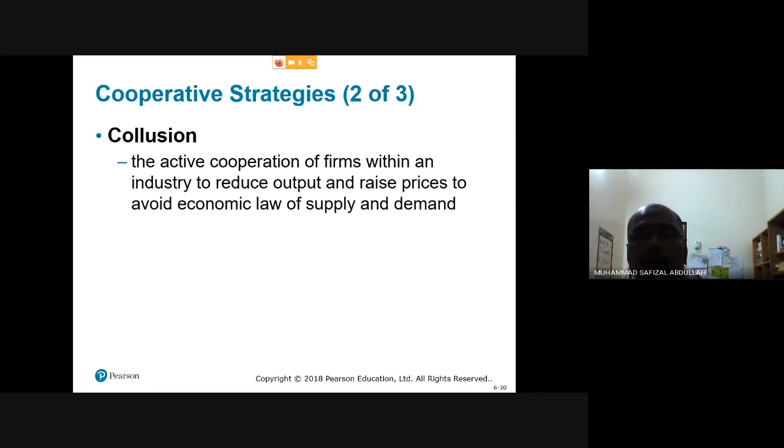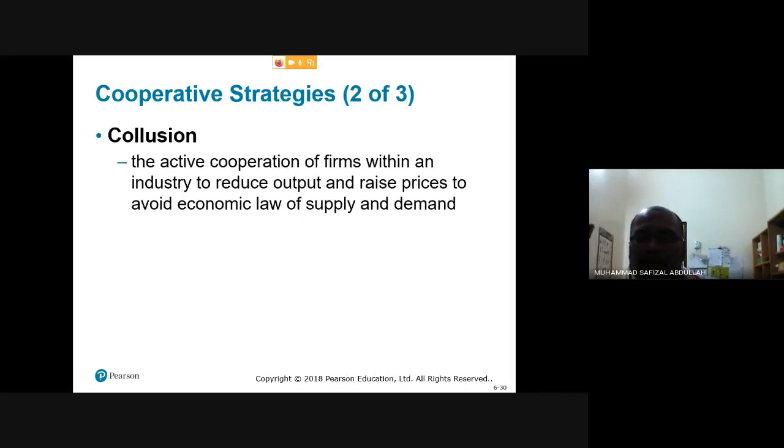So let's say when they want to increase the price, they cooperate with each other. They say, okay, now let us reduce our supply. When we reduce our supply, we know that price will go up. When price goes up, then we supply again. So they can do that. So, collusion